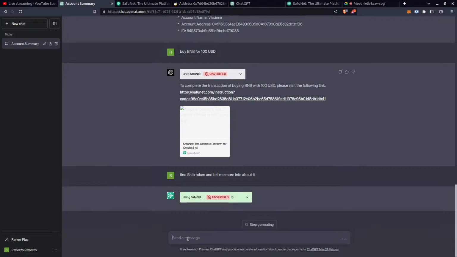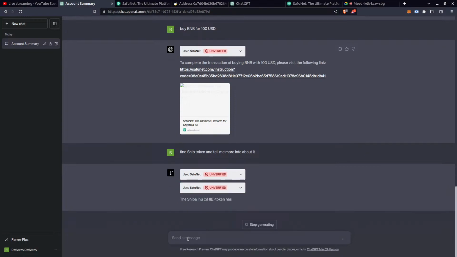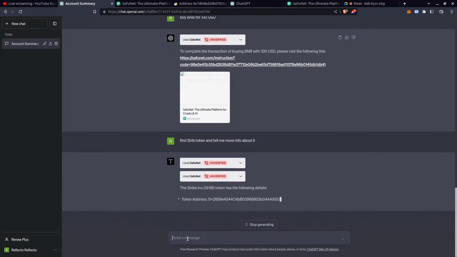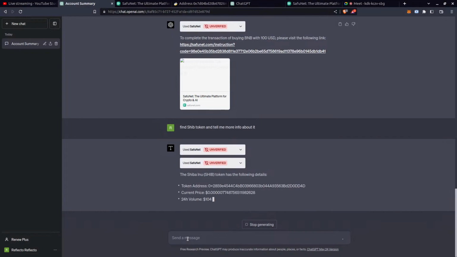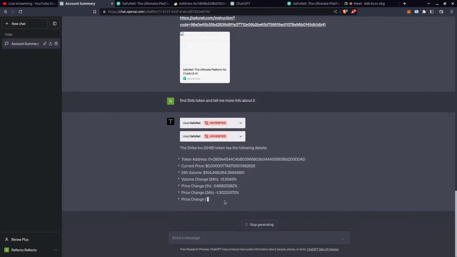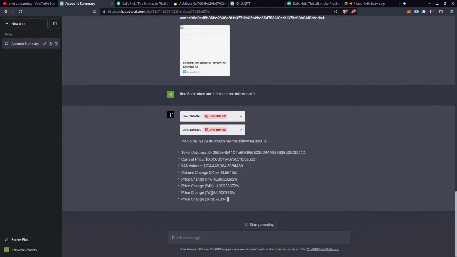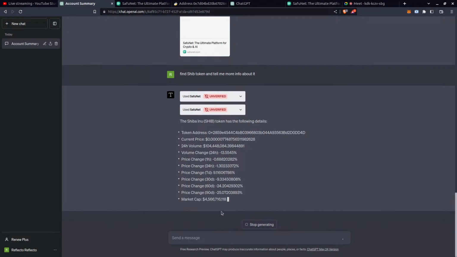So as you can see, it is now searching for more information about SHIB, and it's searching directly on the blockchain. So it's using DEX Screener for that, and also our internal systems. You can see it found the contract address, the price, the changes in different timeframes, market cap,